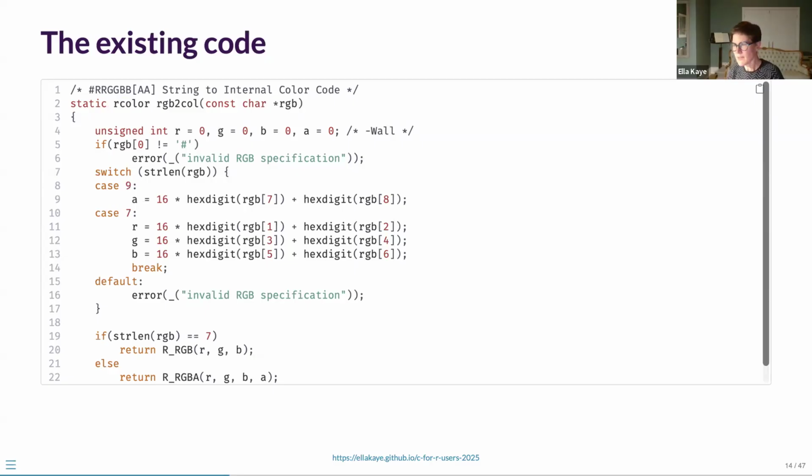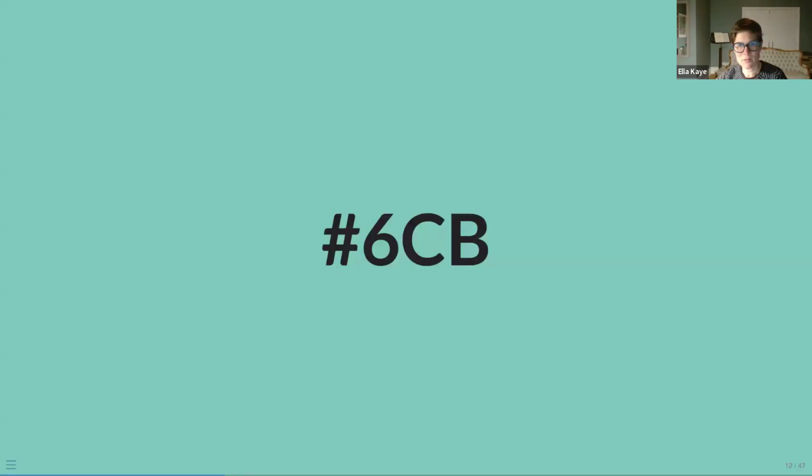But if we look at that code, even if we don't know a huge amount of C, or indeed any C, even if we don't know exactly what all of these different functions are doing, it should be possible to kind of get our